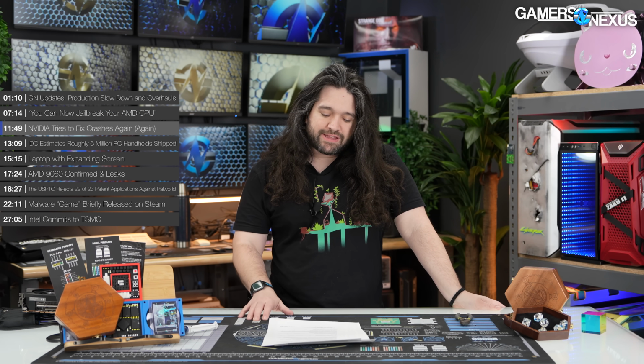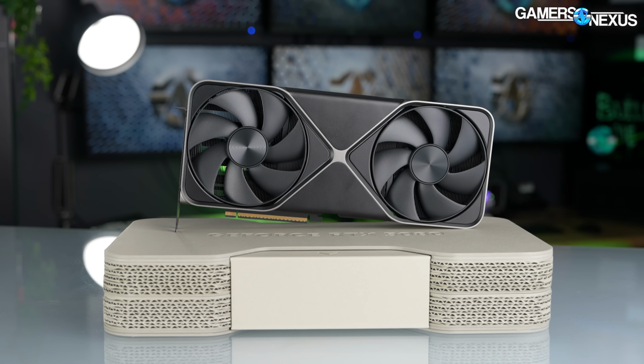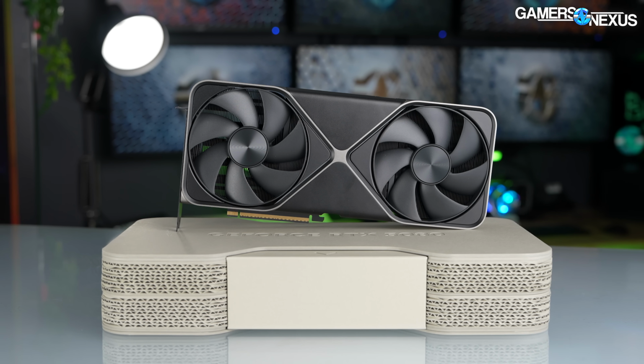All right, up next, not to be outlasted in the news cycle by AMD for even the worst of things, NVIDIA has more to do. Now, it is launching a driver hotfix again, to try and fix the issues with instability or black screens and some clock issues for its new RTX 50 series GPUs. Now, you might be wondering, wow, those launched like a couple months ago. What's taking so long? Well, when there's only like 6 out in the wild,